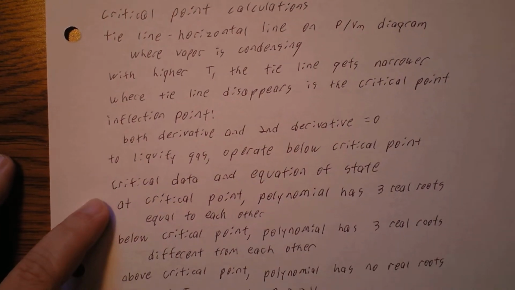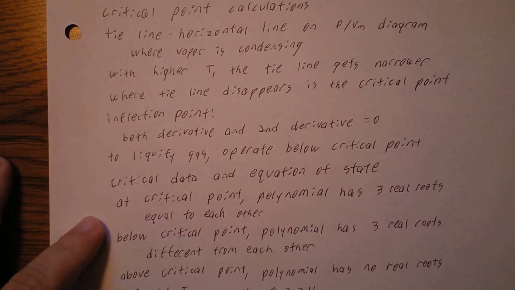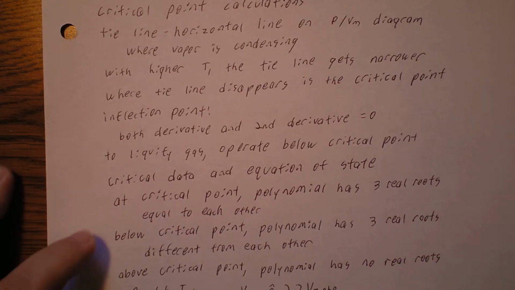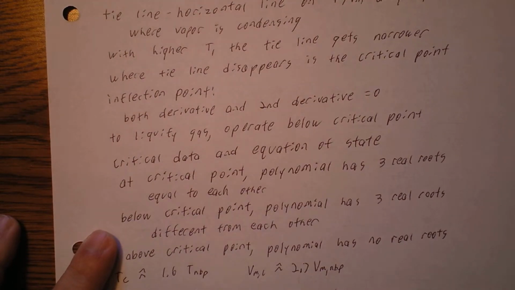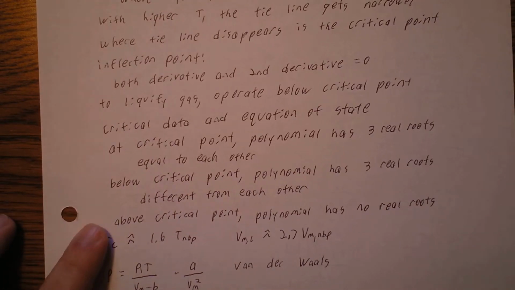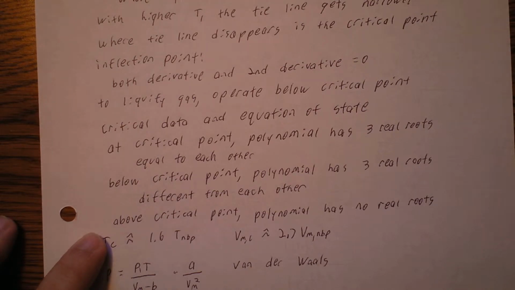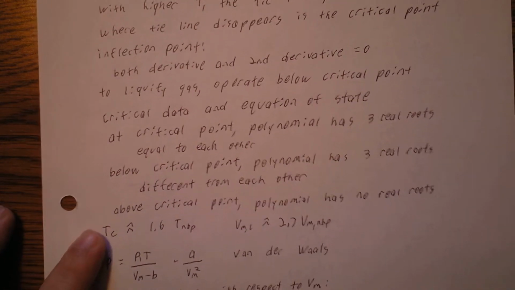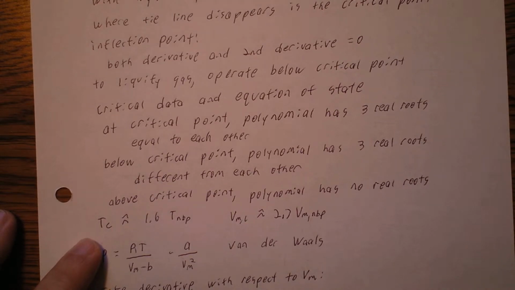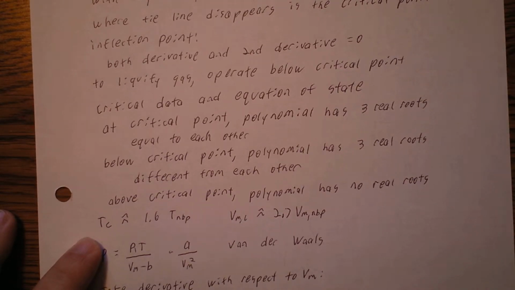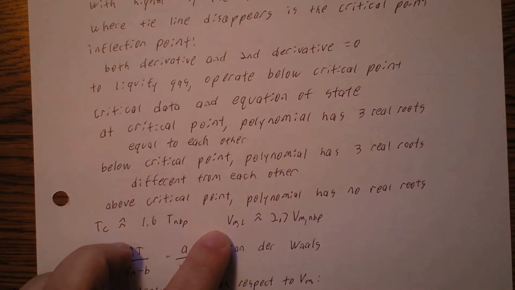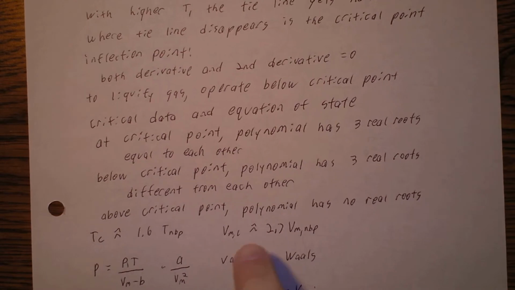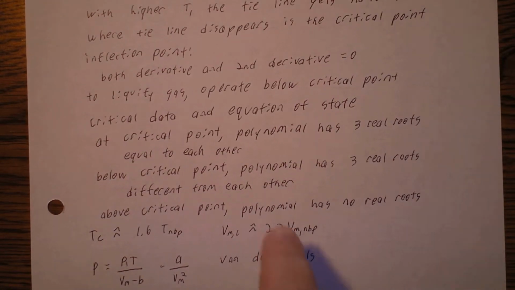Now critical data for an equation of state. At the critical point, the polynomial has 3 real roots equal to each other. Below the critical point, the polynomial has 3 real roots that are different from each other. Above the critical point, the polynomial has no real roots. Now the critical temperature, remember, is roughly equal to 1.6 times the temperature of the normal boiling point. And the molar volume at the critical point is roughly equal to 2.7 times the molar volume at the normal